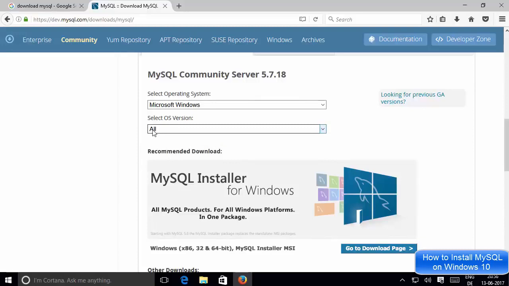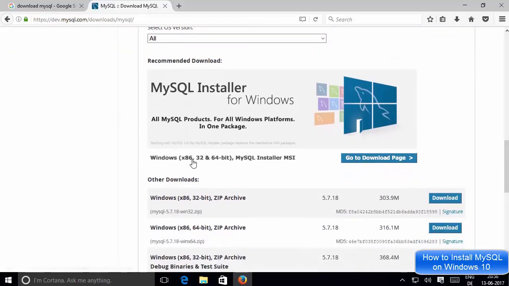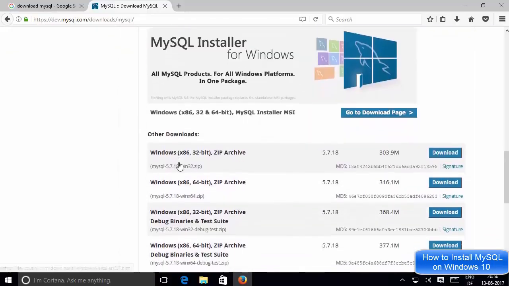So just leave it as all, and then I will scroll a little bit down and I will see this description which says Windows x86 32 and 64-bit MySQL installer MSI, and the button is given here which says go to downloads page. So we want to click this button.